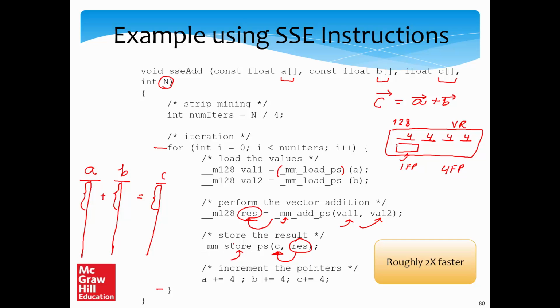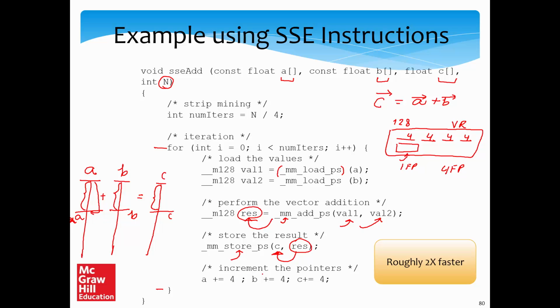So now once we have done that, we have at least processed the first 4 entries in each of the arrays A, B, and C. So then we can simply update the pointers for A to now point here. So let this be the new value of A. Let this be the new value of B. Let this be the new value of C. So we can do this. We can continue the same process.